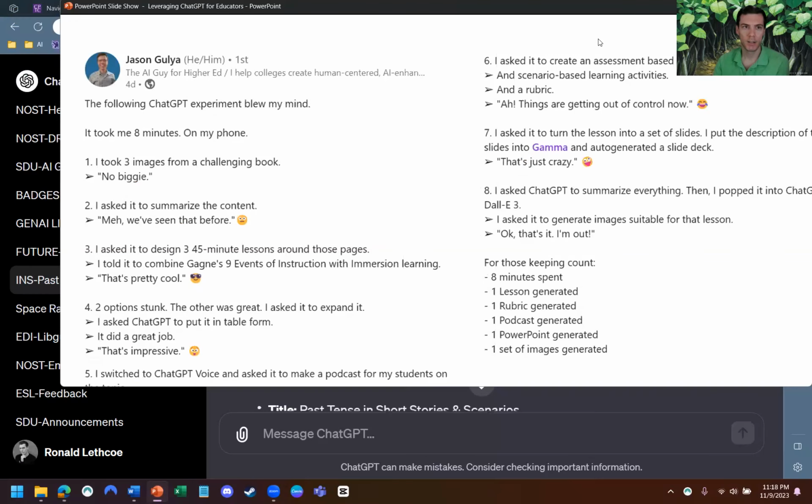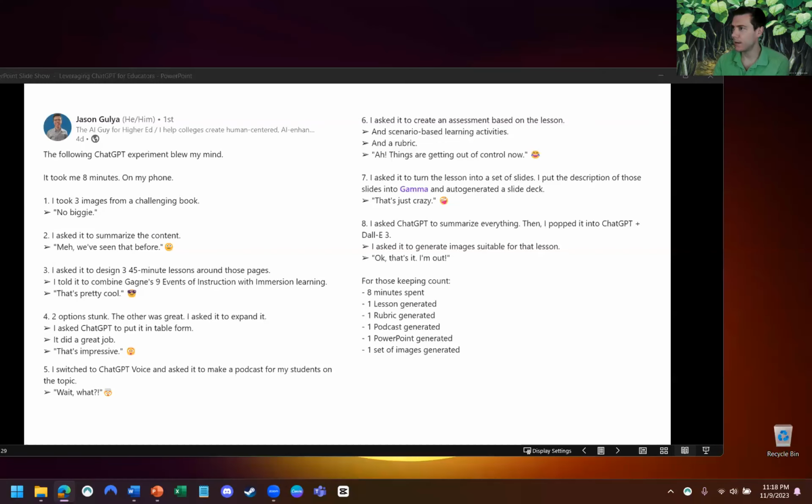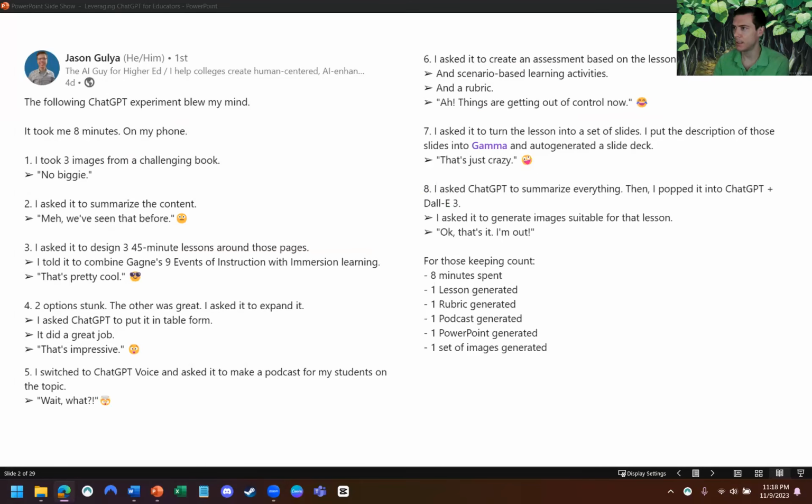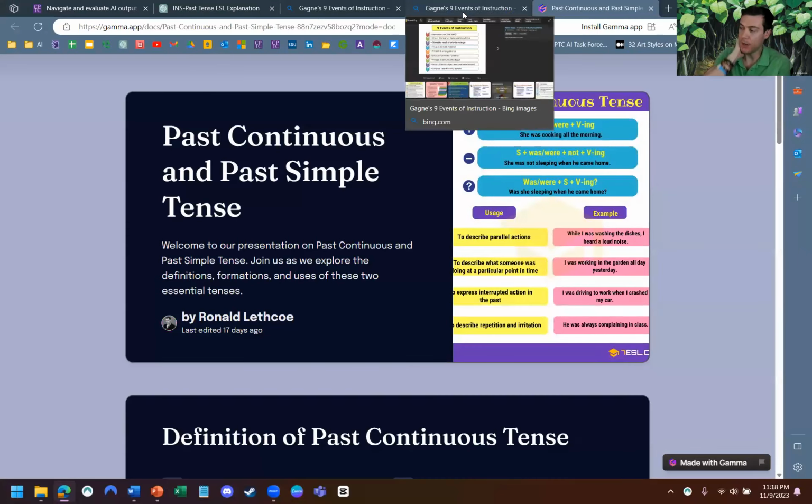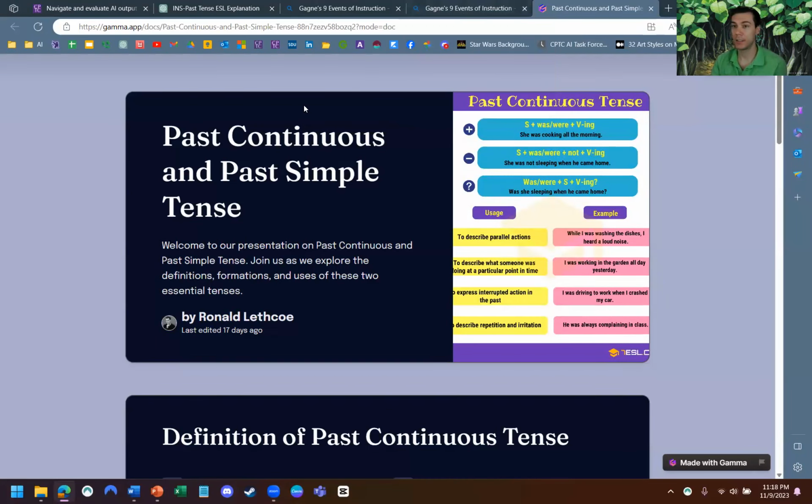Now, Gamma is a website that I was not very familiar with before I did this. But I'll show you what it looks like. If I can find the website again. Okay, here. So I went into Gamma and I said, can you make a presentation on the past continuous and the past simple tense? And what do you know? I didn't do any of this. It has my name on here. It says by Ronald Lethcoe, but I didn't even find this image. It found this image that